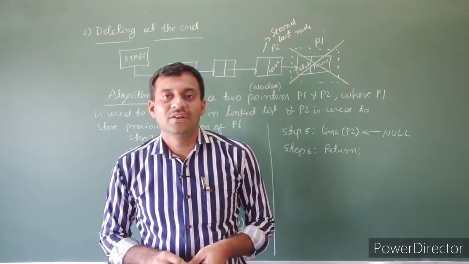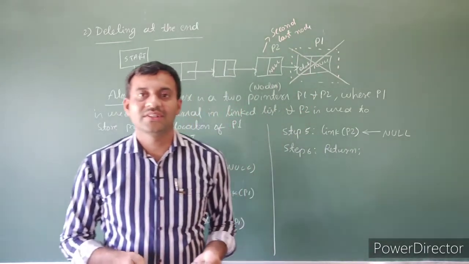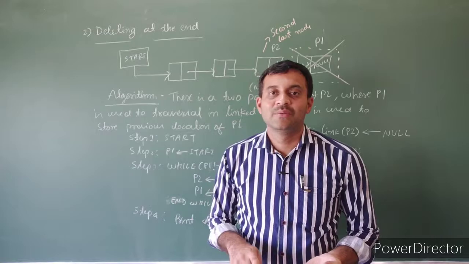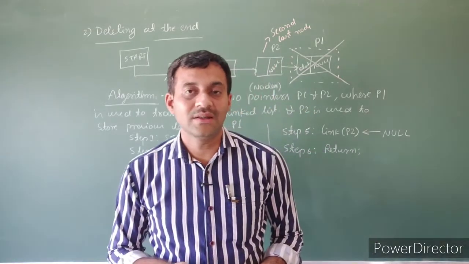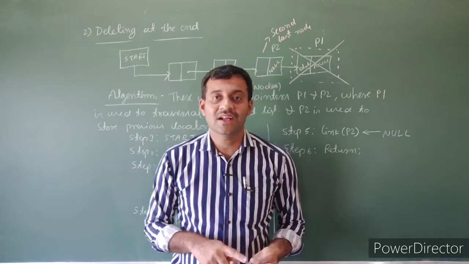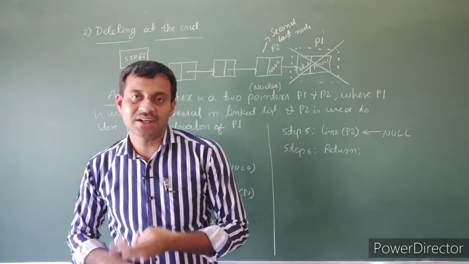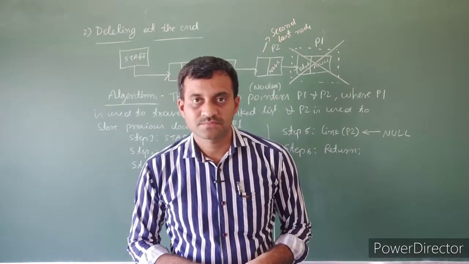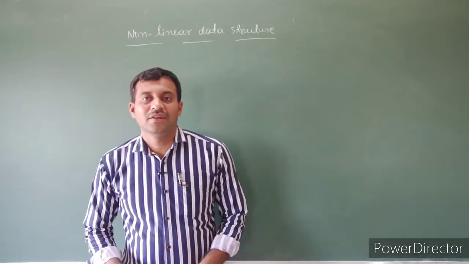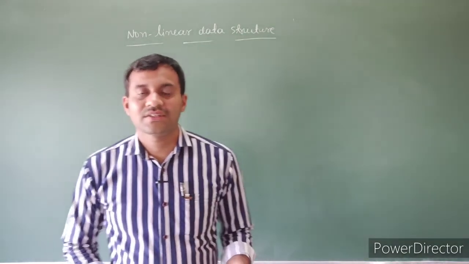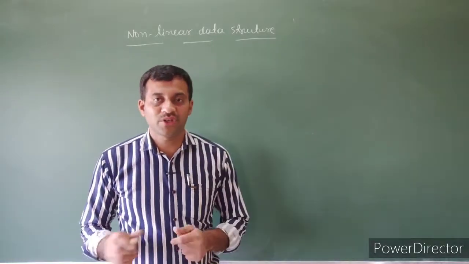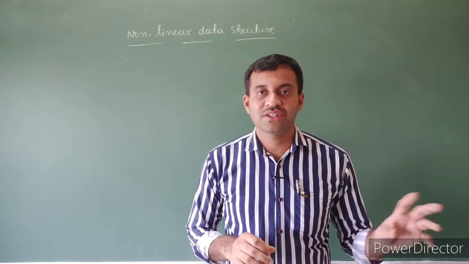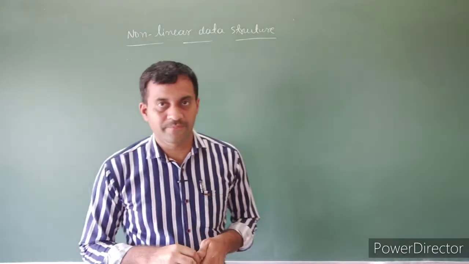Let's discuss non-linear data structure. Stack, queue, and linked list, these three belong to the non-primitive linear data structures. Now let's discuss non-linear data structure. The non-linear data structure is also a collection of data items because it belongs to non-primitive. A non-primitive data structure mainly concentrates on grouping data items in heterogeneous or homogeneous form.